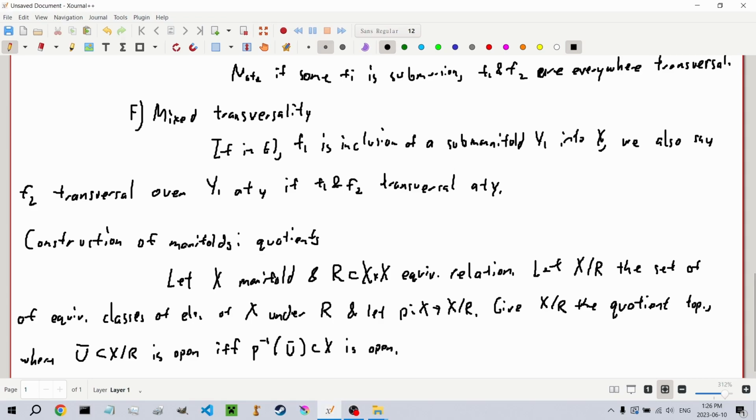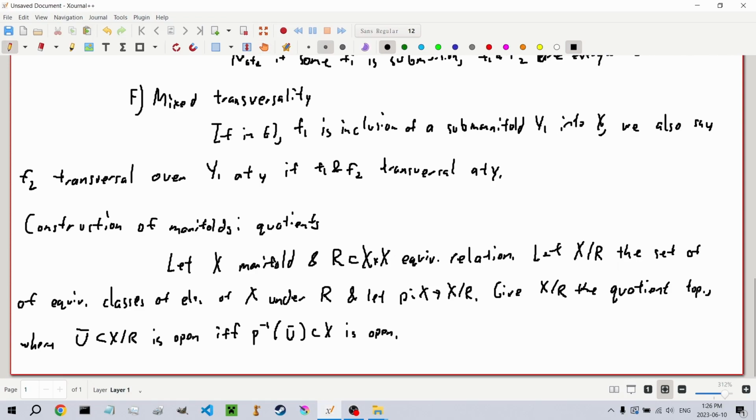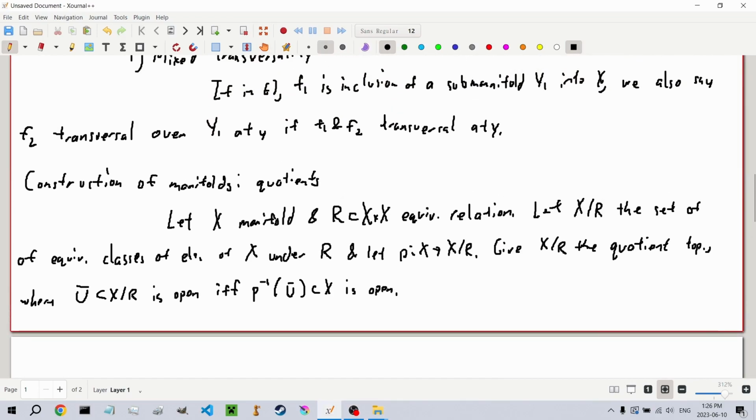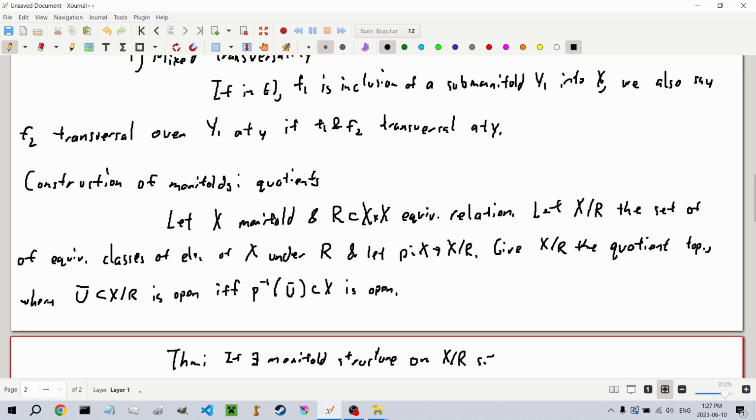Alright. So this gives us a topological space based on the quotient of our manifold with an equivalence relation. We kind of need a bit more for it to be a manifold though, right? Which brings us to a theorem. If there exists a manifold structure on X over R such that P is a submersion,